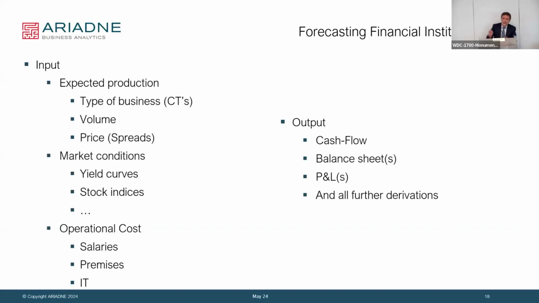And then what you get as output is cash flow. That's first, of course. Cash flow is the only reality which is there. Everything is a derivation. Then you have a balance sheet. And remember that S there, number, because it's a question of valuation, how you value that. Cash flow is one. There's no S. Okay, there are many cash flows, but one sequence, and balance sheets and P&Ls. And then any other further derivation from that. It all goes back to these elements.